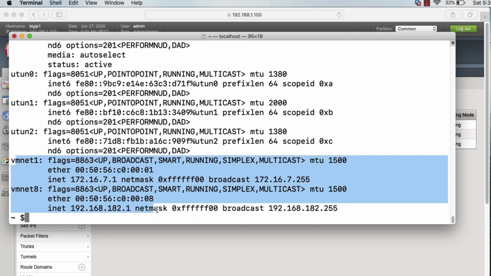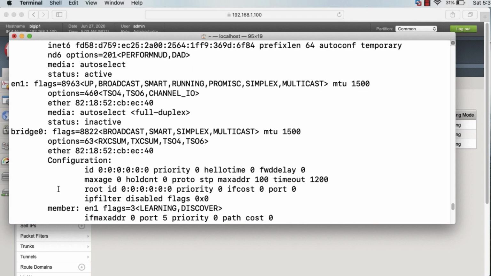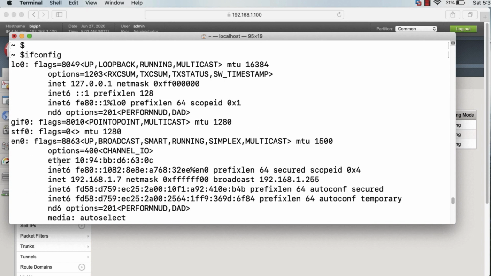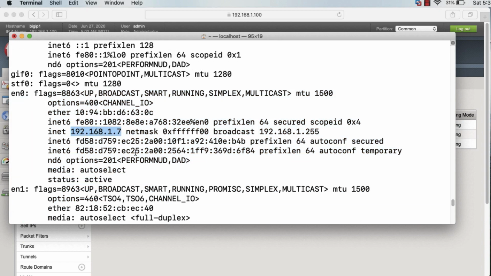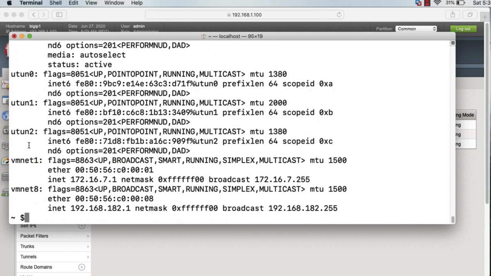It is by default using VMnet 1 and 8 for other purposes, so I will not get these VMnet 1 and 8 names. Let me show you that it has only one network, that is Ethernet 0, which is for wireless, and it is being bridged. But anyway, you don't see any VMnet 3, 4, 5 right now.